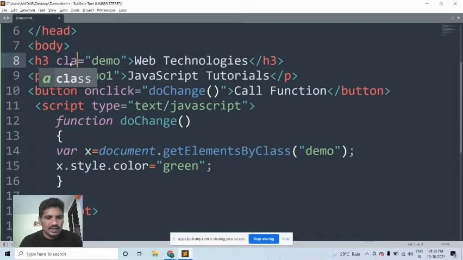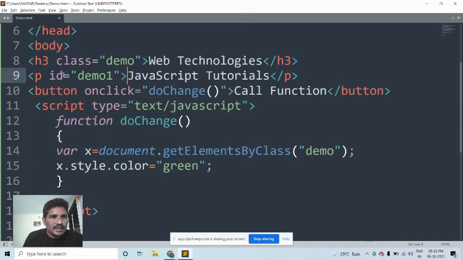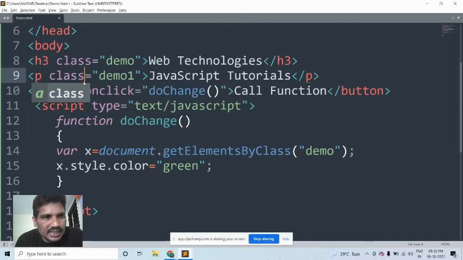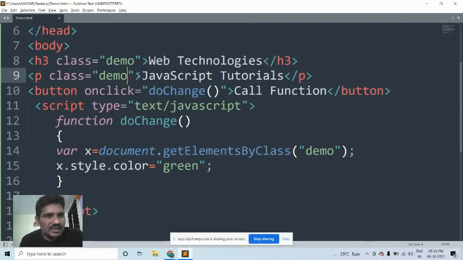Okay, for example, in case of get element by id, if more than one element has the same id, get element by id will access only the first element, it can't access the second element. Be careful. In case of the class attribute, both are having the class attribute. The h3 element has the class attribute with the value demo.